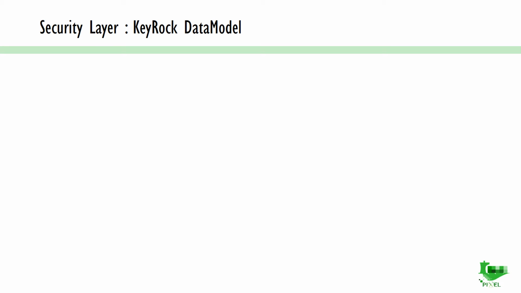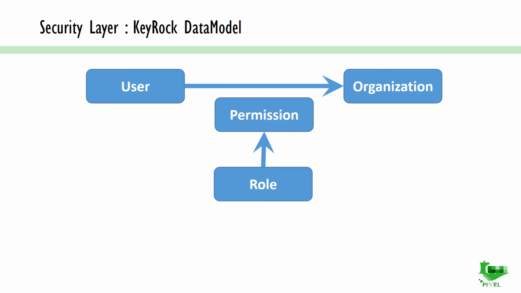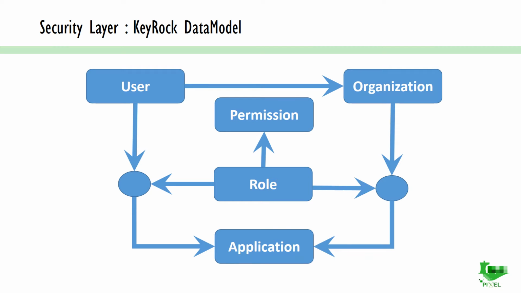KeyRock manages several objects that allow to configure the security feature. We have the user to manage credential and user information. User could be attached to organization that regroup a list of users. We have a set of roles that aggregate a list of permissions. Each permission defines a rule to allow resource access: path, resource ID, and verb or action. And we have applications that store the OAuth2 and Wilma parameters. And finally, we can assign role to a user for an application, and we can do the same for the organization. All this information allows us to configure the security control for the platform.